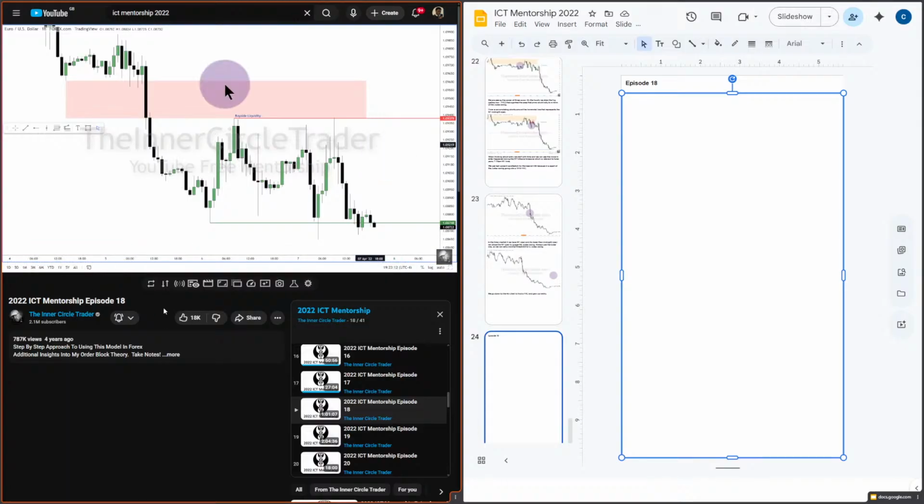With the hourly chart, the frame of reference is that daily fair value gap. We have a liquidity pool on the hourly chart. We've already mapped out the 6th of April's low. Notice there's no lower low. This low didn't go down to it, and we start a new day on the 7th here at midnight New York local time. What do I mean by New York midnight? I'm going to answer that.